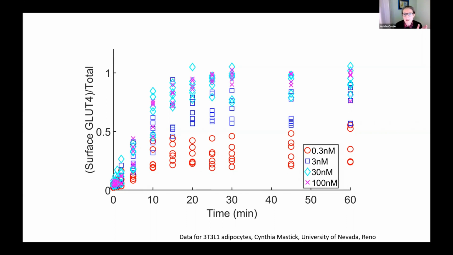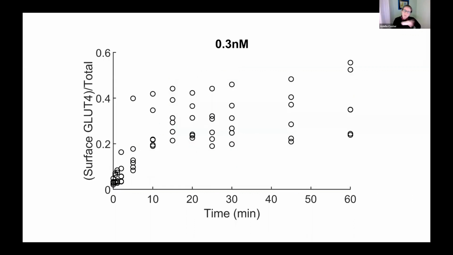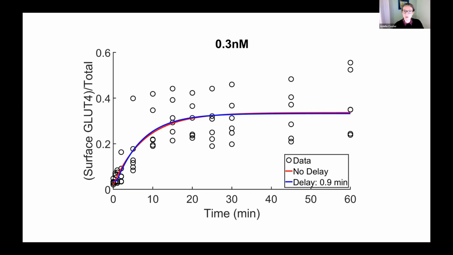Are we going to see any delays here? And this is something that I'm just playing with at the moment. So let's go back to the 3 nanomolar cycle. So it's going to cycle GLUT4 out in response to the insulin being applied. So broadly speaking, although it's somewhat more complicated, you could look at it as an exocytosis or outward flow process and put a nice rise into it with a compartmental cycle. Now, that looks reasonable. It's very noisy, but so too is a delayed version of that.